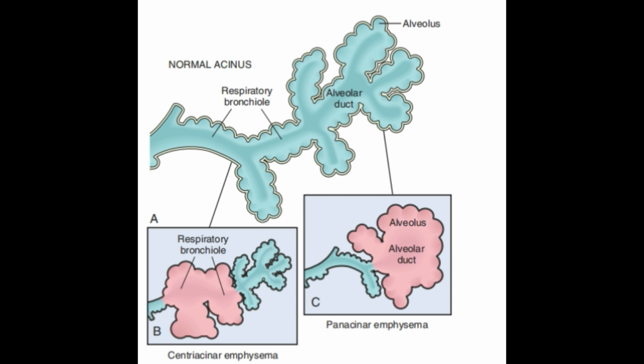Okay, so those who have a deficiency of this enzyme are more prone to develop pulmonary emphysema. About 1% of all patients with emphysema have this defect. 1%, of all emphysema patients, if you look, 1% will have a deficiency of alpha 1 antitrypsin